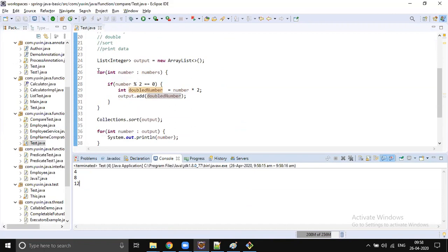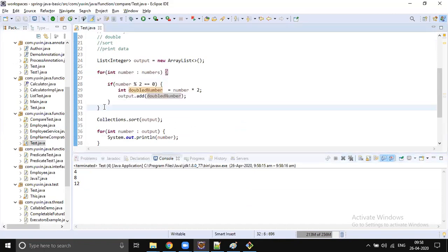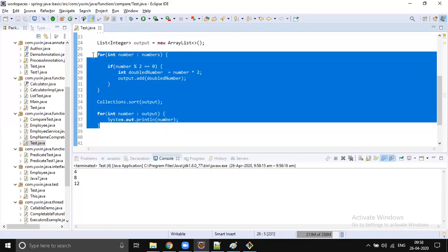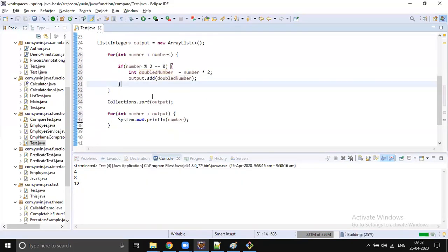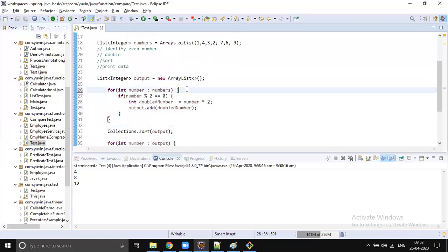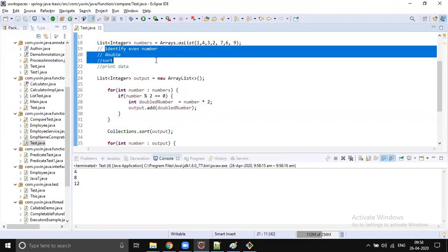So yeah, you can do it in many ways. You can use iterable, something you can do. That is up to your technical skill. That is fine. Okay. So I'm going with a simpler version, right? So this is how we usually do, right? Whatever the task we have been given: identify even numbers, doubling it, sorting it, printing it.